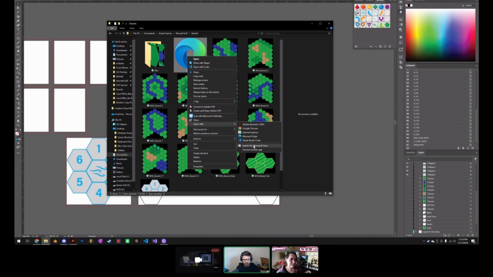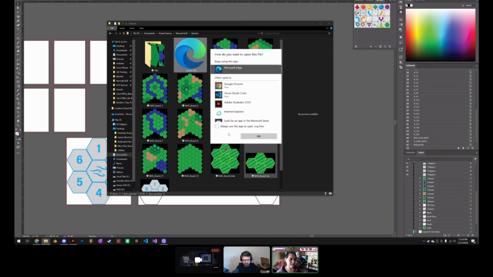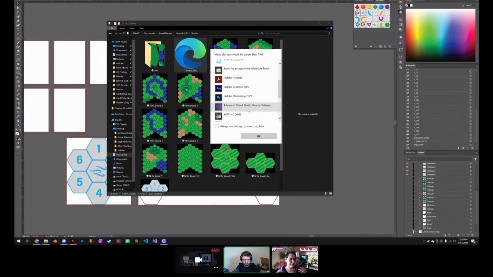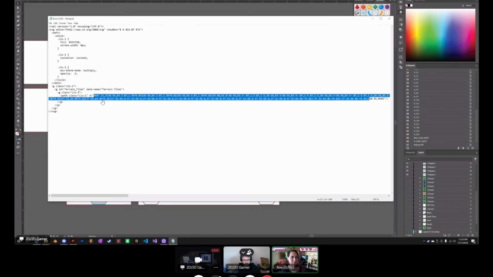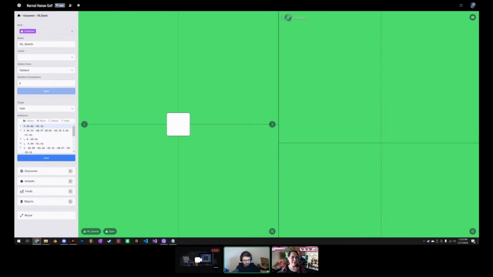Okay, so if I open this with Notepad or something, yeah. So I've got all this nonsense. Yeah, if you look down near the bottom, there's this path class equals, and you want to select that whole string right there. I'm assuming no quotation marks? No quotation marks, yeah. Okay. So now if I go in here and paste it,